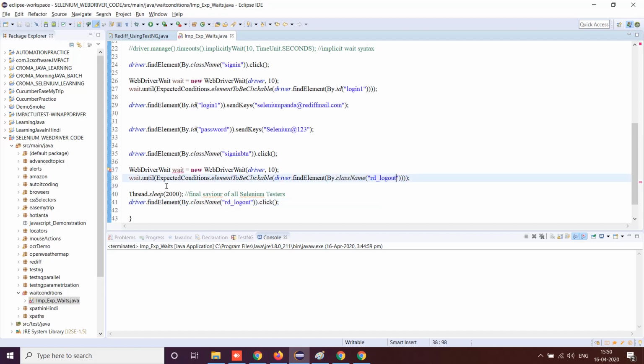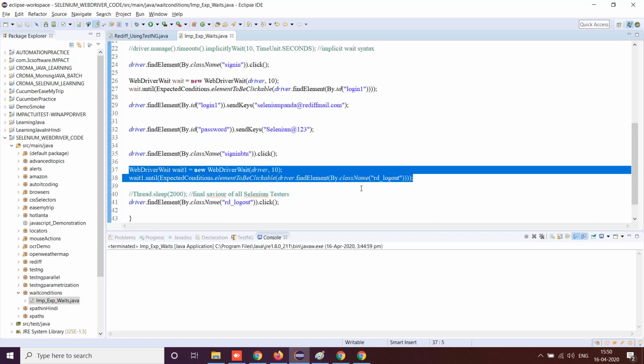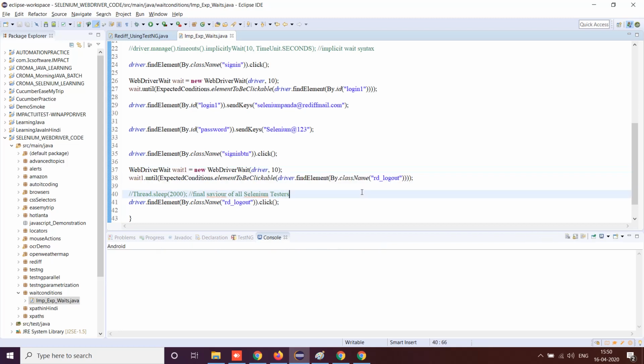So what I'll do is, see, you are using it locally, so I have to change the object reference. I'll comment this thread.sleep. For logout, I have also introduced something. So let's see, I'm trying to run the code.